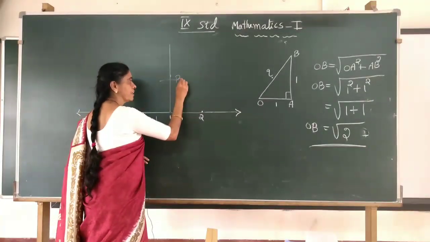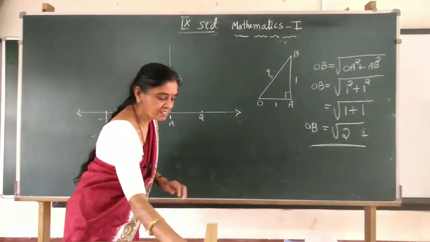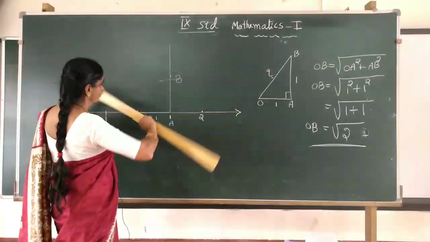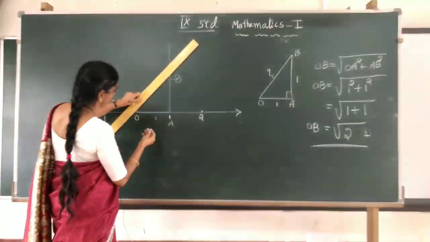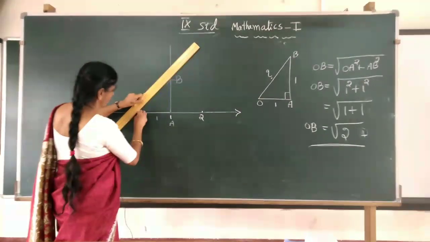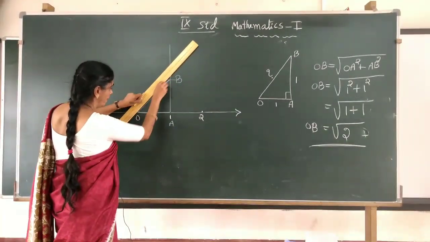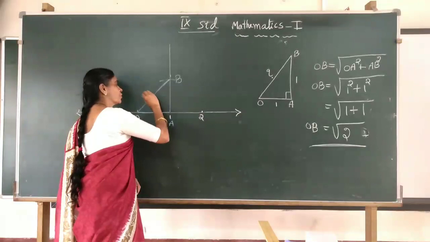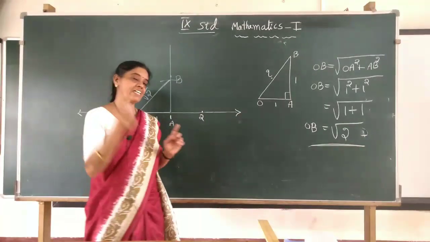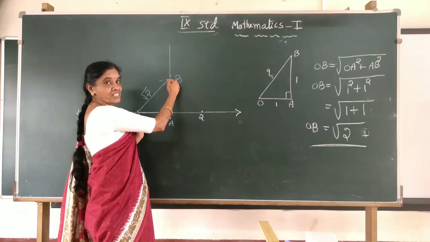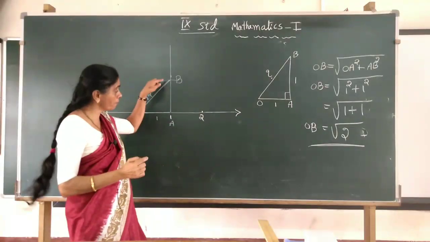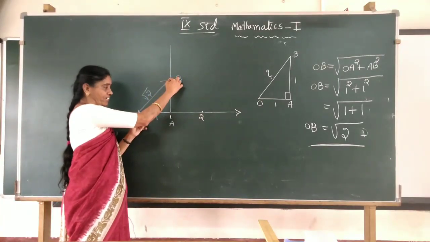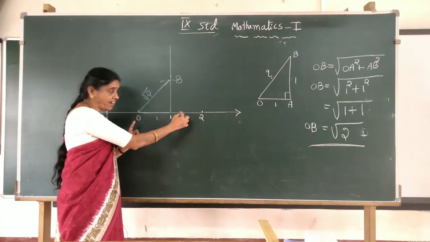Let us name it as point B. Now join the hypotenuse of the right angle, OB. Now what is the measurement of OB, children? Exactly, it is square root 2. So we got the length of square root 2, OB. But we have to mark it on our given number line. Here the distance is here, but if you shift this distance to the number line, where is that point?